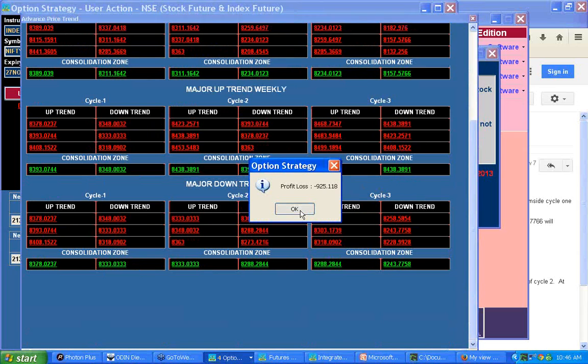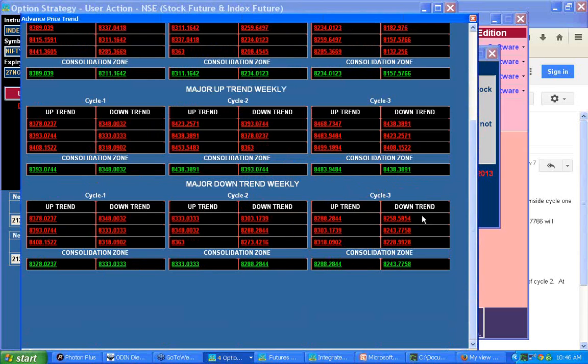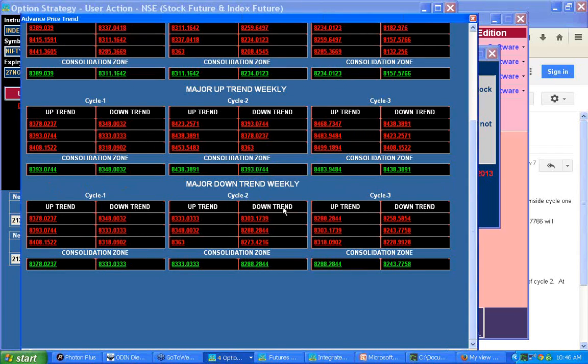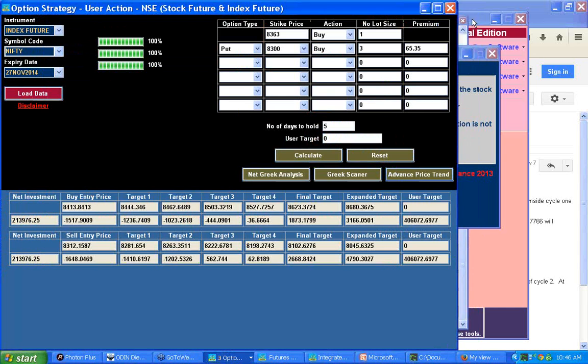At this point, on a weekly basis, if we are consolidating in this particular band, our losses will be this and profits will be this. So this is as per the Elliott's cycle. We have identified each and every bit. So it is simplified, very simple to use the strategy, provided you should know what is the delta, what is the vega, what is the theta at that particular time, and based on your projection.